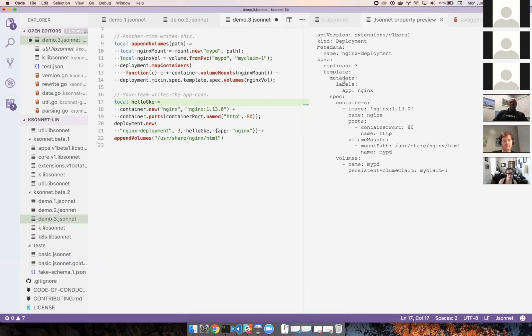So if you're looking for language level constructs, like how do I declare a function? How do I use these plus mixin operators? How do I do an if? I would say you can go to jsonnet.org and there's a tutorial there. If you're looking for more of the Ksonnet introduction to the core abstractions of Ksonnet, we